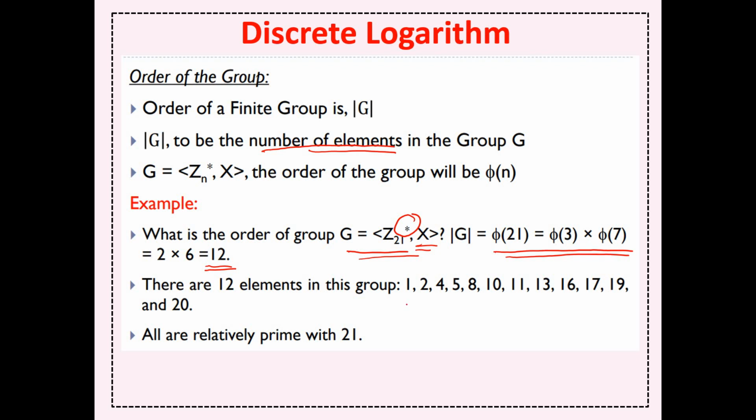And naturally, you can see that these are the elements which, if you go on computing the GCD of it, you will find actually form the group. There are total 12 such elements. So hence we can say that this group has 12 as its order. Now, in the same manner,